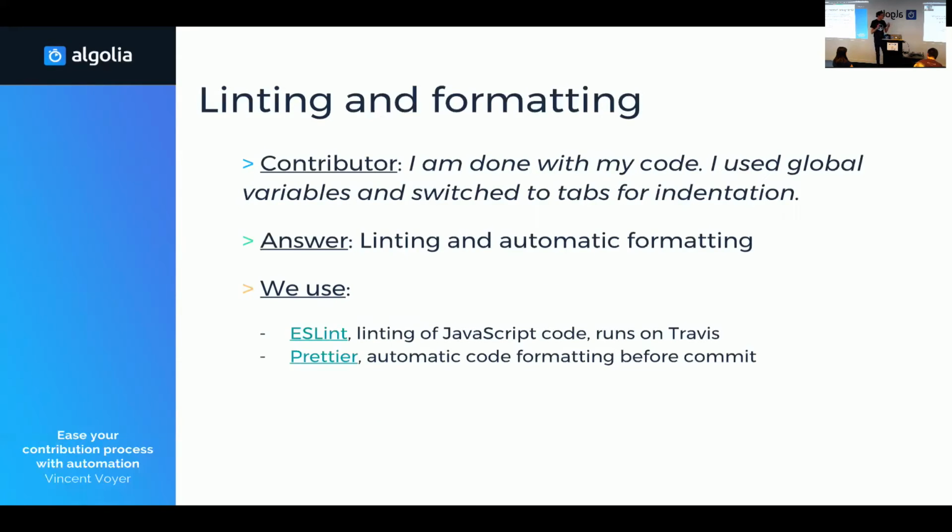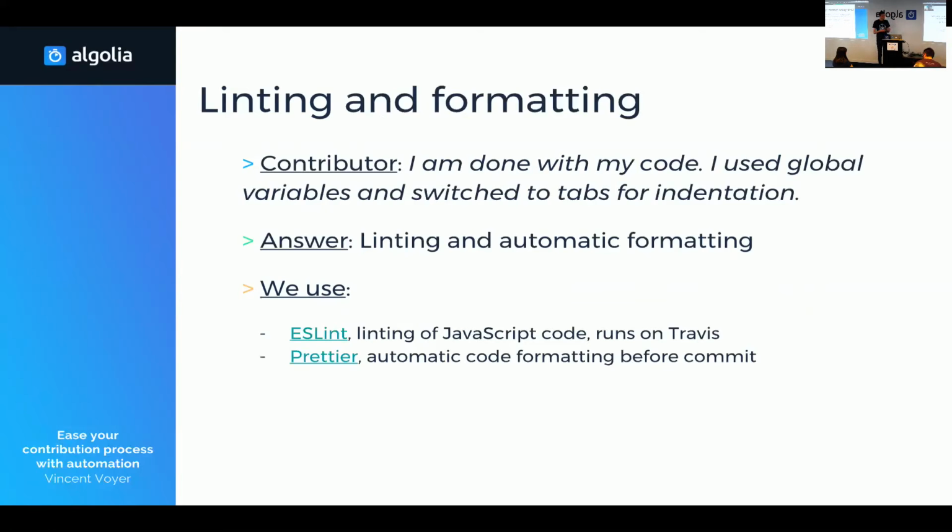When the code is mostly done, something we will struggle with again is the formatting of the code. We can have a lot of discussions around style in a 50-contributor project: how to write variables, how to put semicolons, whether to use tabs or spaces. So we chose a tool that automates all of this, which is Prettier. When you are writing your commit on Git, all the staged files will be reformatted using this tool.